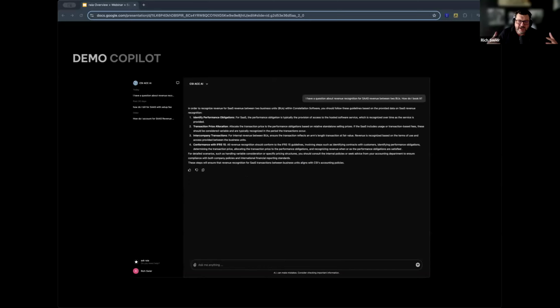So now we're getting into the conversation about how AI is not just one agent. It's literally going to be hundreds of agents within Constellation, maybe thousands. Individual agents that you individually deploy, or ones that we've denoted, and like in this case, Scott has built out this ACC AI to deploy out to 60, 70, 80 comptrollers or financial analysts or whoever might need to use this, that can ask questions about